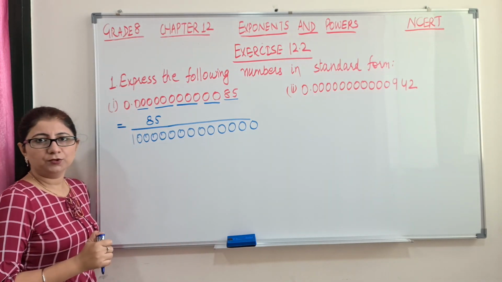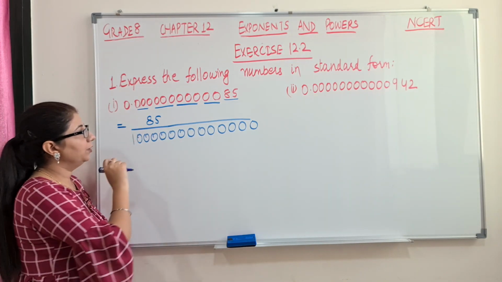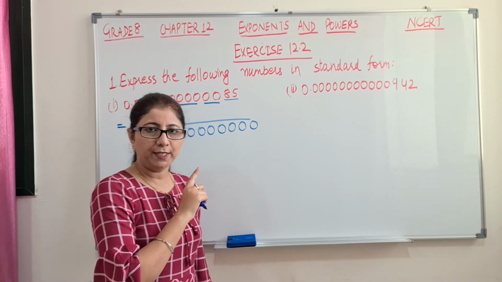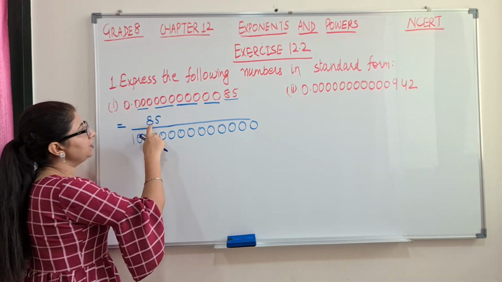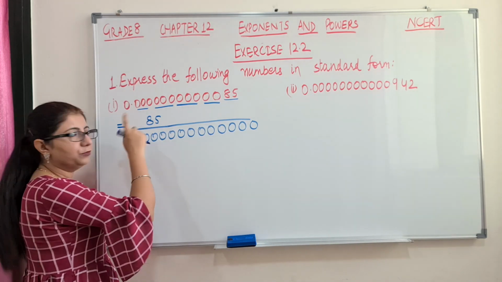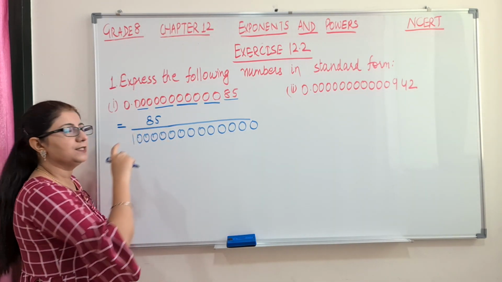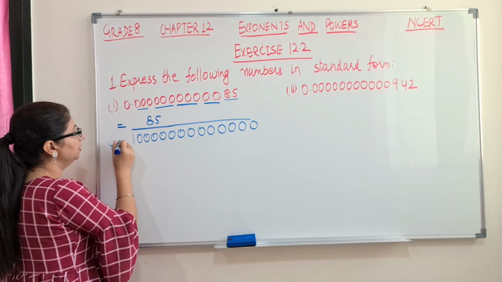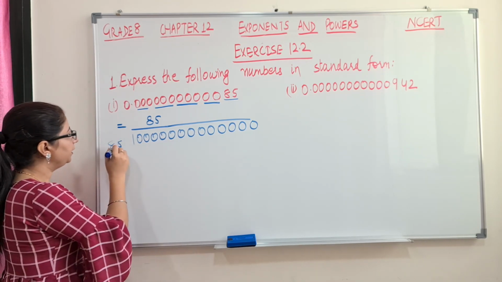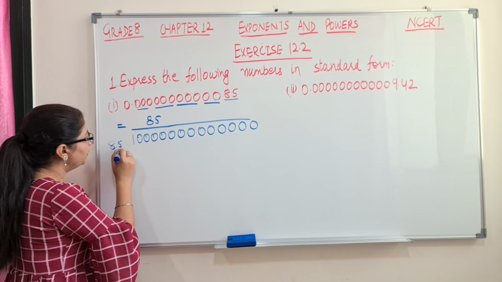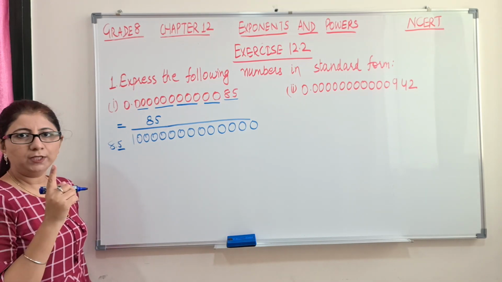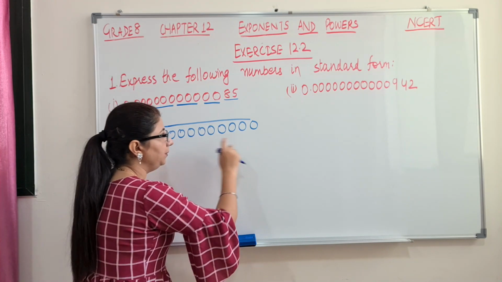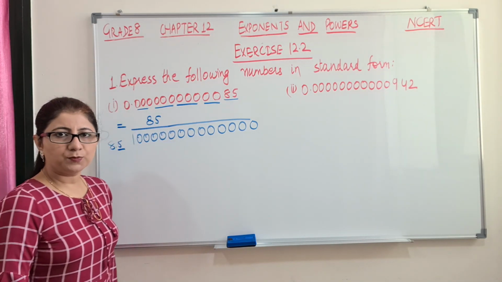So 13 zeros. Okay. But I want that in standard form there should be only one digit before decimal. So before decimal means only this 8 should be before the decimal. I want answer as 8.5. So for 8.5, see 85 is there. Okay. I want to put decimal here. That is how many digits after decimal? Only 1. So we will keep 1 0 and convert the remaining number of zeros into its exponent form.